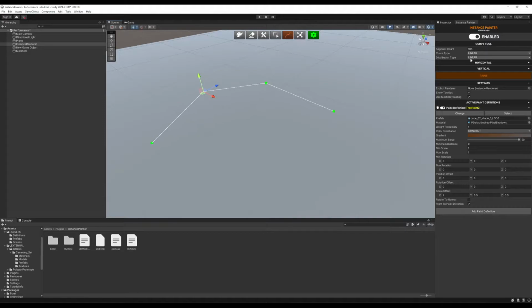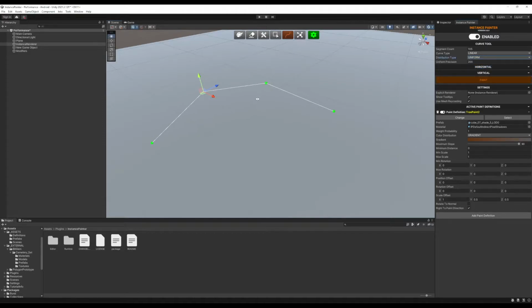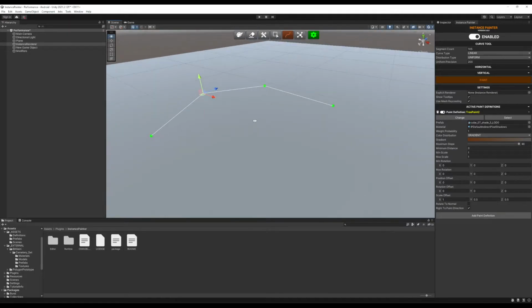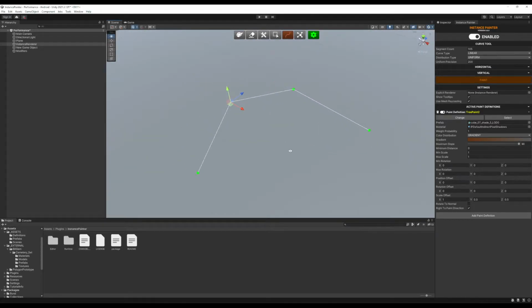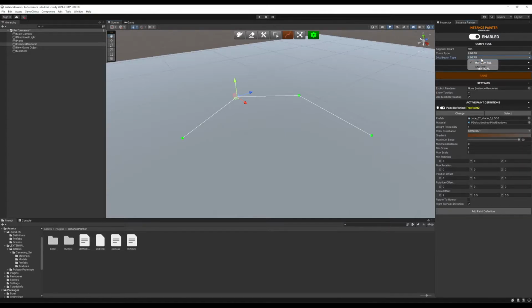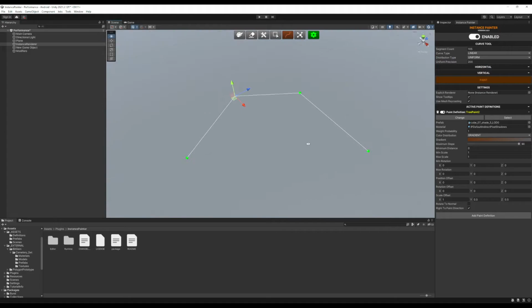So that's why I added distribution uniform, so it will distribute based on pre-interpolated distances, and this is the uniform precision, so it will automatically pre-interpolate. Even though linear curves are easy, Bezier curves are not that easy to calculate, so it pre-interpolates the distances and then uses these distances to normalize the U value for the correct instance distribution to have it in a uniform way. Uniform is basically what you will need most of the time, but I'll leave the linear distribution type here as well. So let's switch it to uniform,